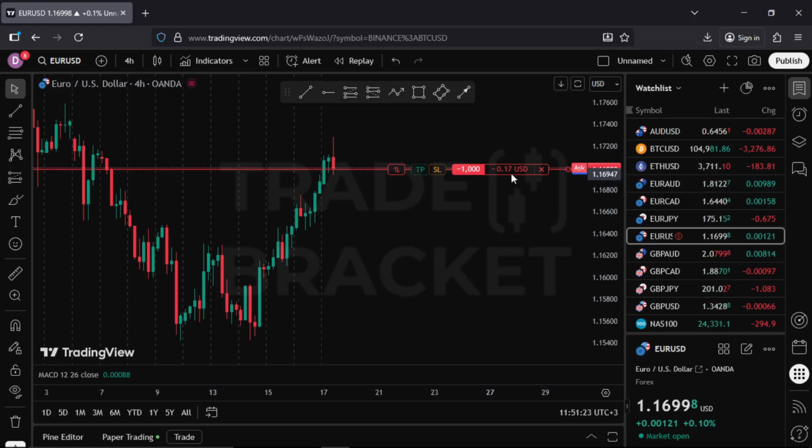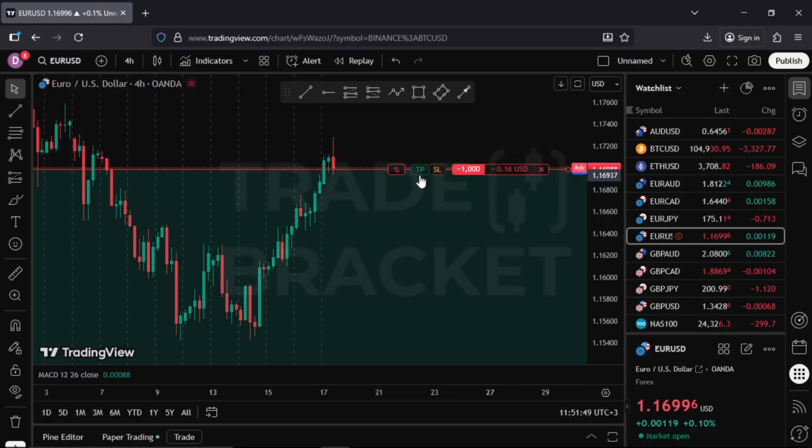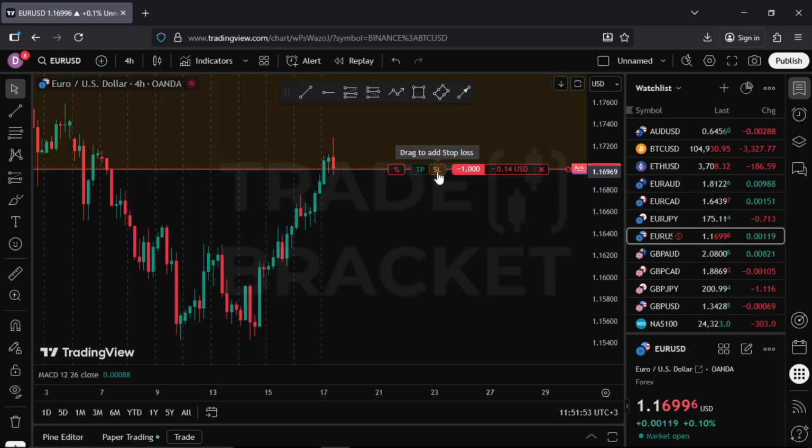So this money right here, for you to be able to profit, regardless of whether you buy or sell, you will always begin your trade with a negative or a loss. This is the money you have to pay, guys. That's how the industry is designed. You can't go around this, so don't worry about that. All right, so you see right here where it says TP. TP is short for take profit, and SL